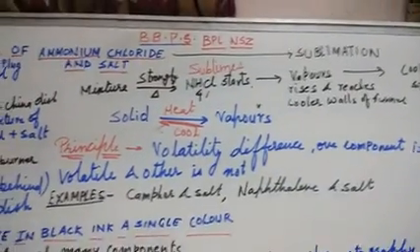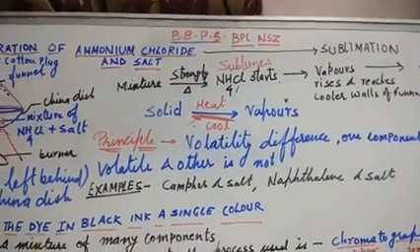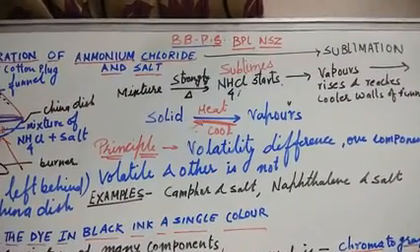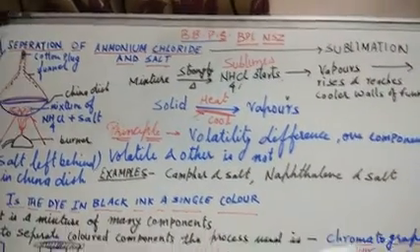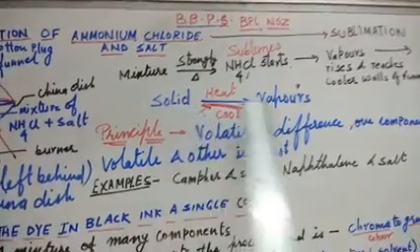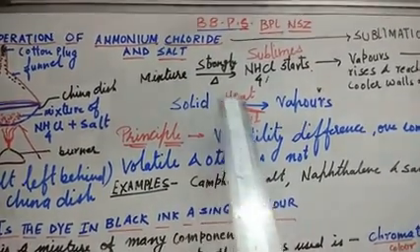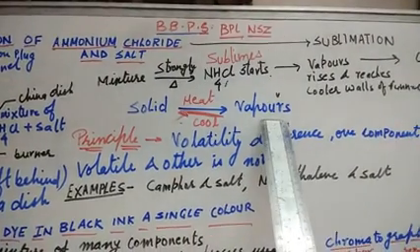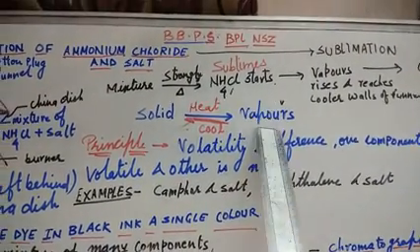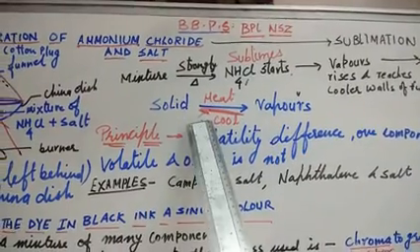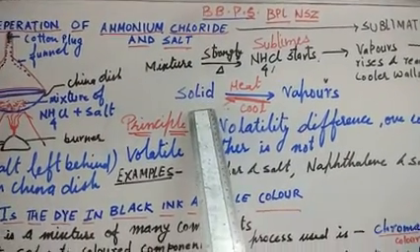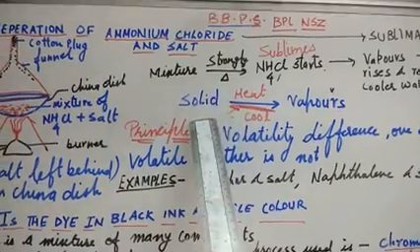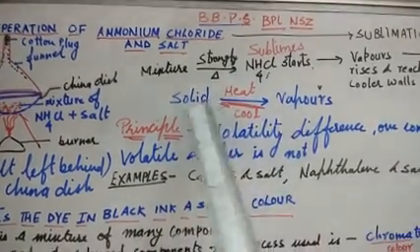In this way, sublimation is the process of separating ammonium chloride and salt. Here I have shown this conversion. Solid on heating forms vapors or gaseous form, and those vapors when cooled down again form solid. It solidifies. Both of these processes are called